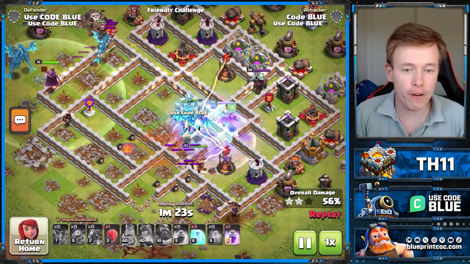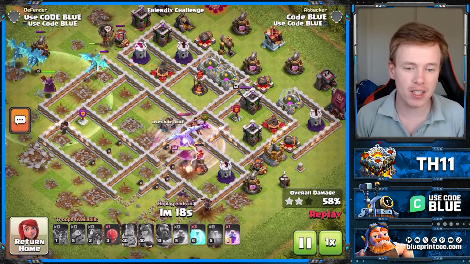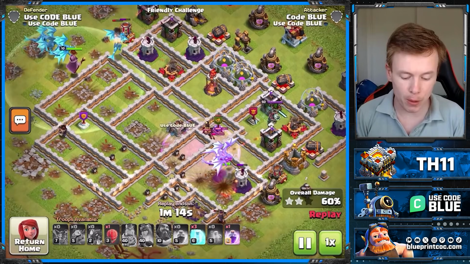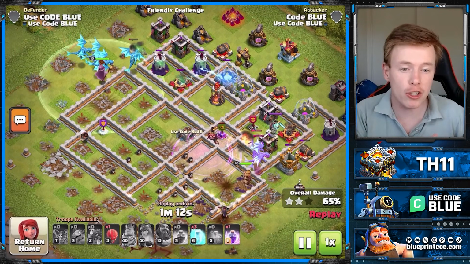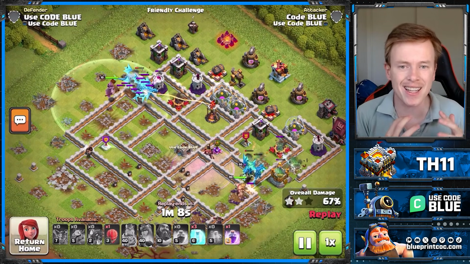So you want to use your freezes in particular once your warden ability ends to keep the Edrags alive. They're not very good on the outside of the base. Now you saw what happened on the bottom side of the base there. My king was raged and he took down the building before the Edrags can shoot. And it's that same